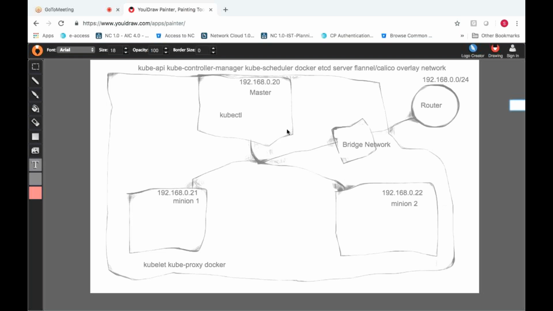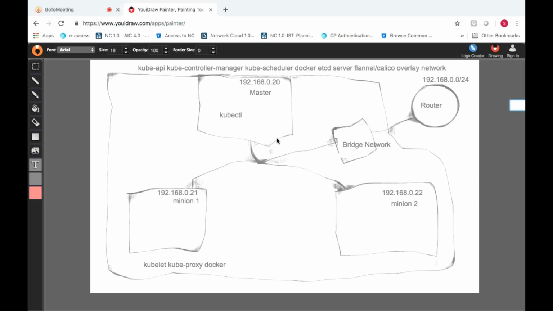What about Docker? Docker is the main component which needs to be installed, obviously, on the master node itself, because a few containers respective to Kubernetes will be launched on the master node. Kubernetes itself has certain containers that need to be running on the master and minion nodes. So how will you create containers on the master node? Once you have Docker installed. Docker in the sense I'm talking about is the Docker daemon. Whenever I say CLI, it is just the CLI. Whenever I say Docker, it is the Docker engine. So Docker needs to be installed here so that it will create some containers.